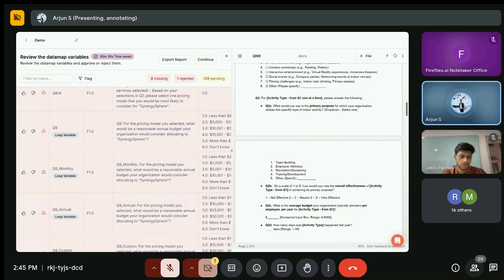So either you don't already do this, in which case now suddenly you're able to do this because the time it takes is just 5 minutes. So you can consider doing this and you're able to catch these errors early on, or you already do this as a first step, in which case you're today spending many hours. And now instead of spending multiple hours, you can just spend 5 to 10 minutes to review variables. So that's the first step. I'll keep moving on to the next step,